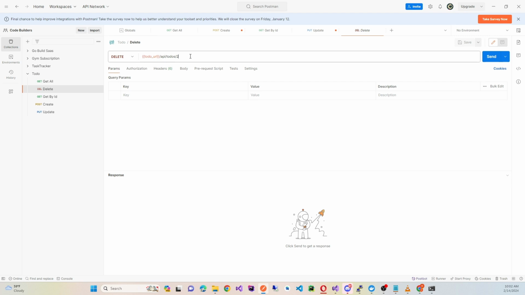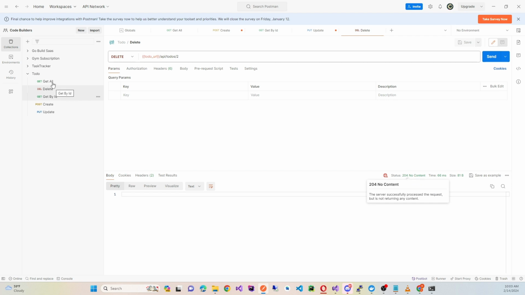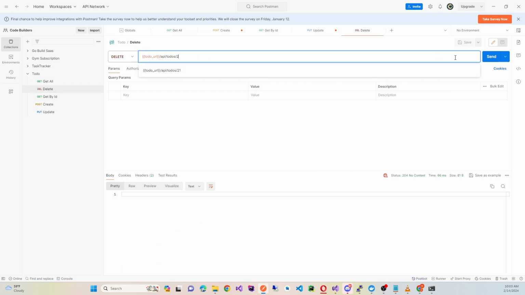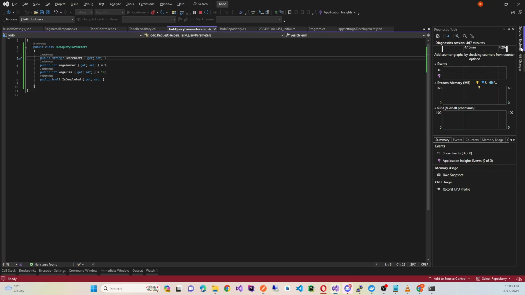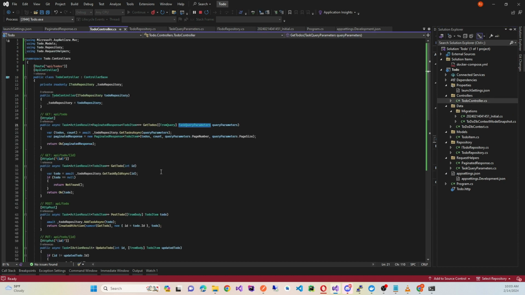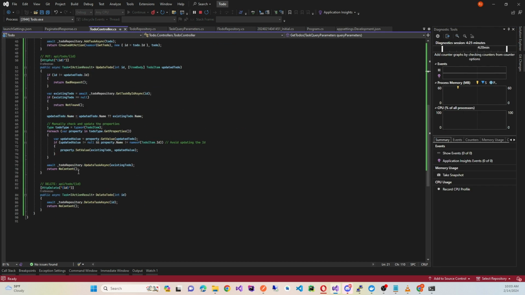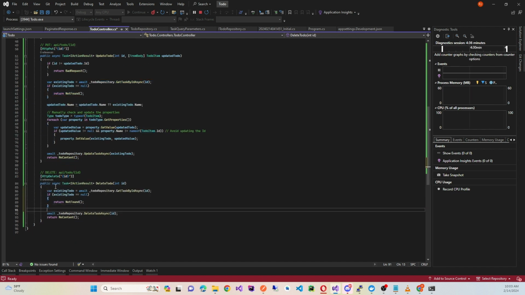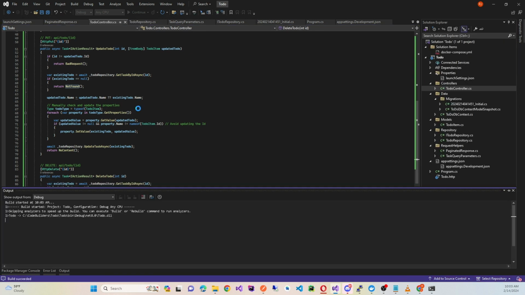So now let's delete this item. This has also returned 204, which means we have deleted the item. Let's see, the item is deleted. So let's just try to delete the deleted item. It's responding something. Let's check. We need to check if the item is there in the database. So here we can do something like getting the existing to-do and deleting it if it exists. If it's not, we should respond not found. Let's restart